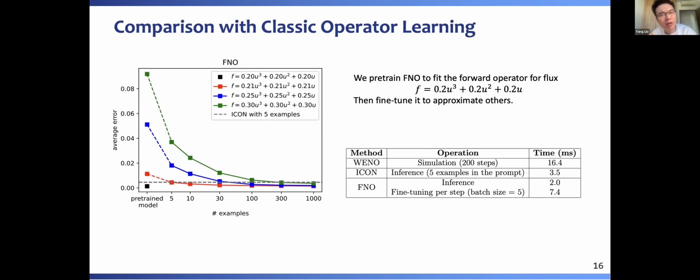So if you have FNO or ICON with the same number of parameters, and FNO only focuses on one operator, but ICON focuses on multiple operators, then FNO will perform better. This is something I can say. But